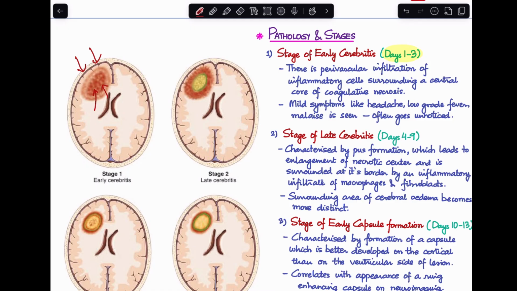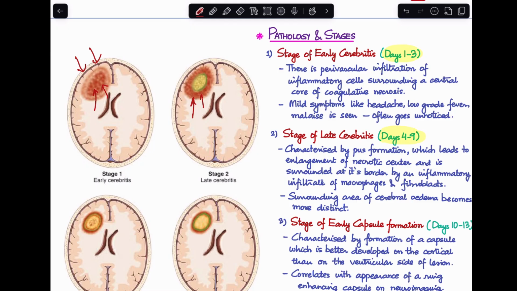At this stage, we have very mild symptoms like headache, low-grade fever, malaise, and this usually often goes unnoticed because they are not very typical features of otogenic brain abscess. Now, this moves on to the second stage, which is known as a stage of late cerebritis. This is from day 4 to day 9 of the disease. Now, if you see in the image here, we are seeing that this is characterized by pus formation and it